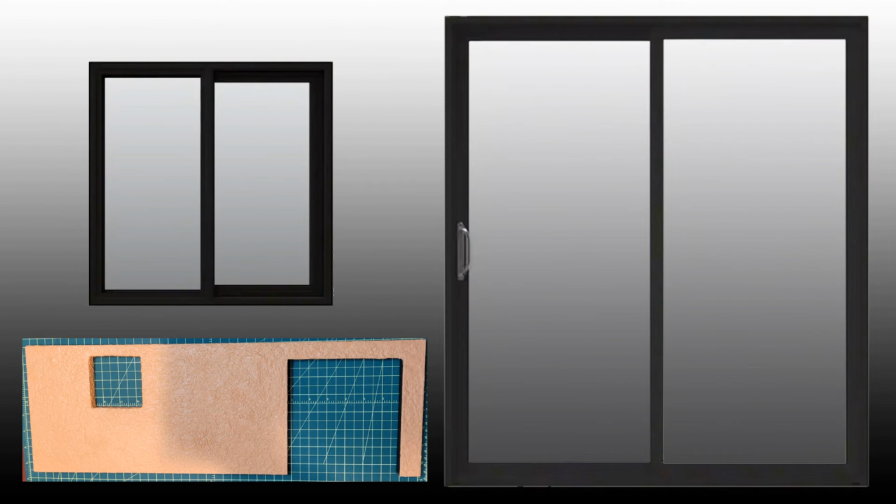I'm going to now make a sliding patio door and the window, so those will be in the next Real